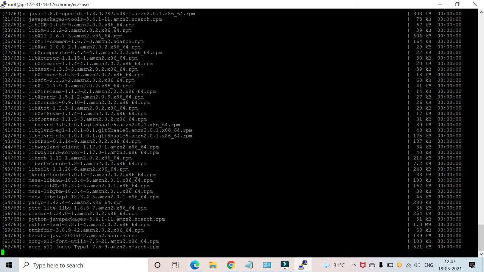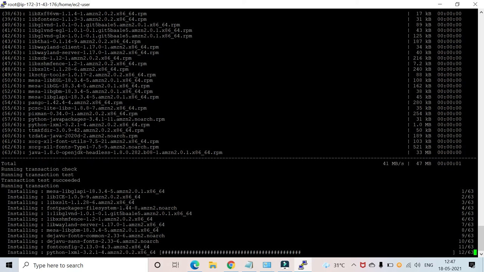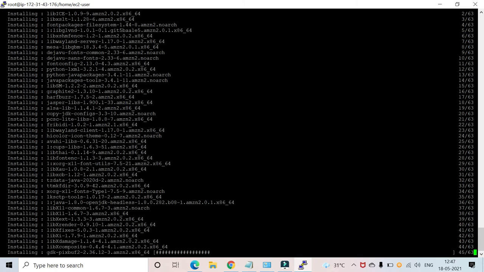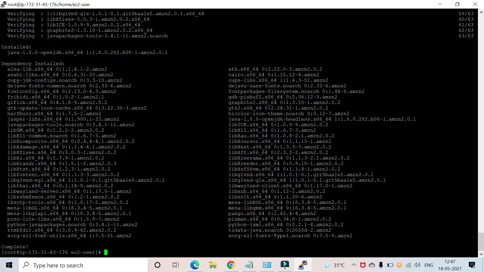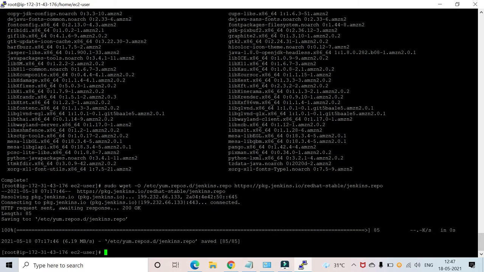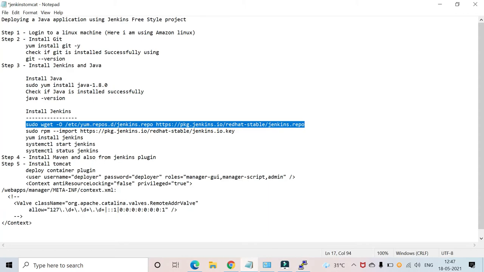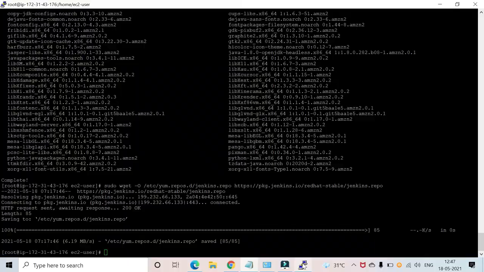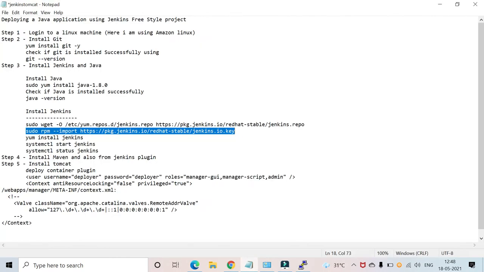Java isn't installed yet. Okay, Java got installed, and let's add the Jenkins repo, and we will use the Jenkins key file from Jenkins CI, and let's install Jenkins.